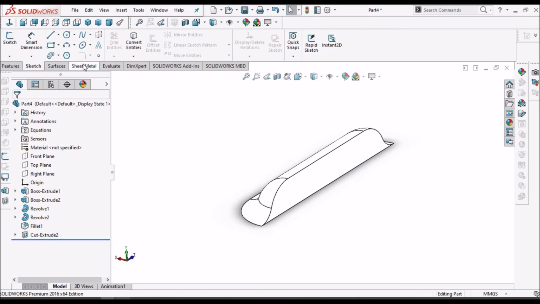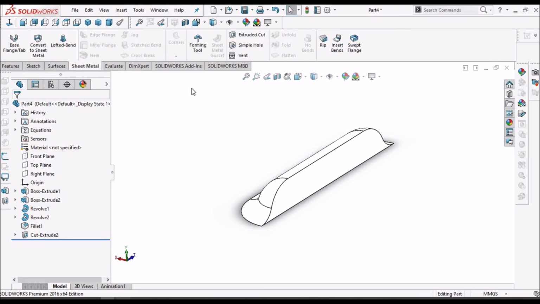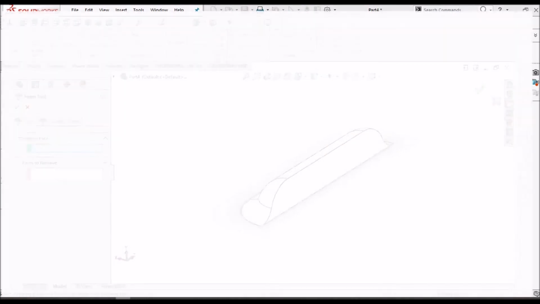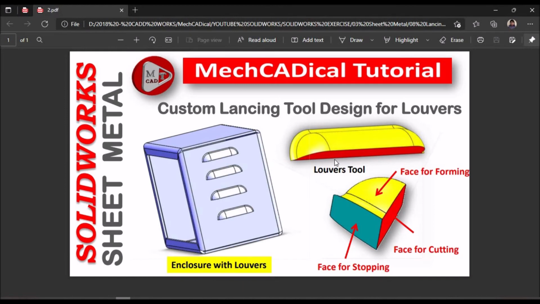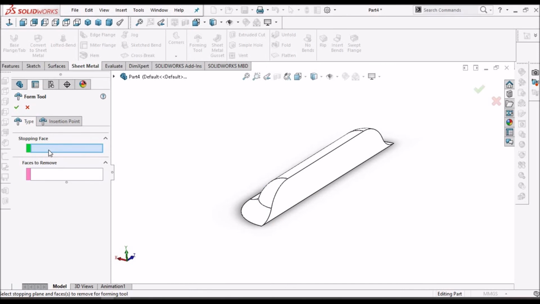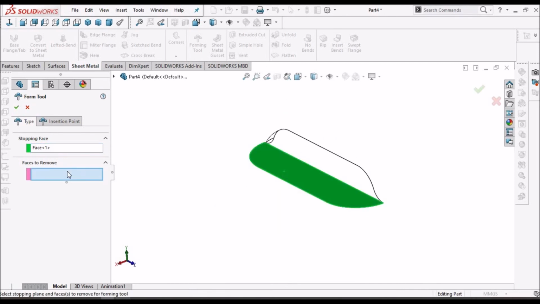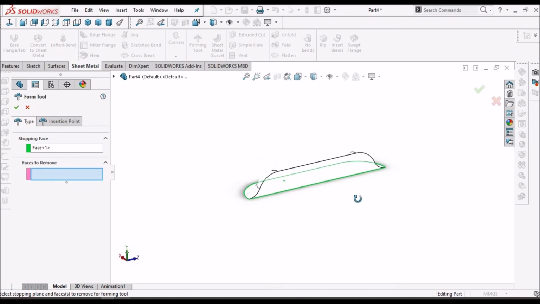Now we have to go to sheet metal tab, select the forming tool. So we have to understand which one should be stopping area. Like this is the green color is stopping area, this is cutting and this is forming. So here it is asking for stopping, so this is the stopping and this is for face to remove.